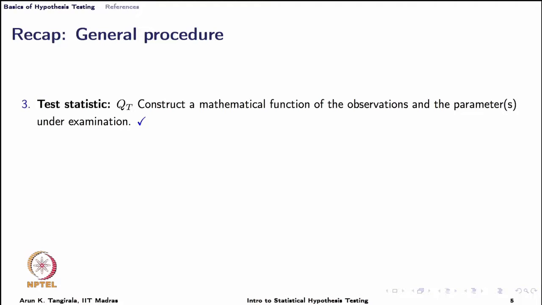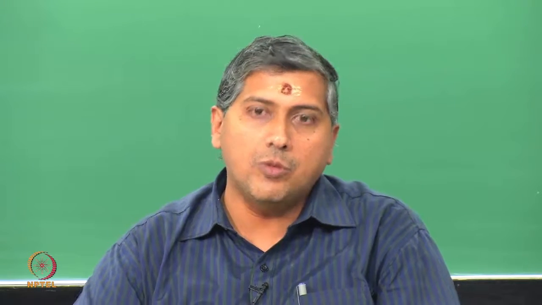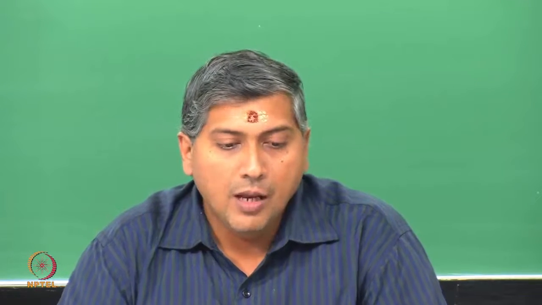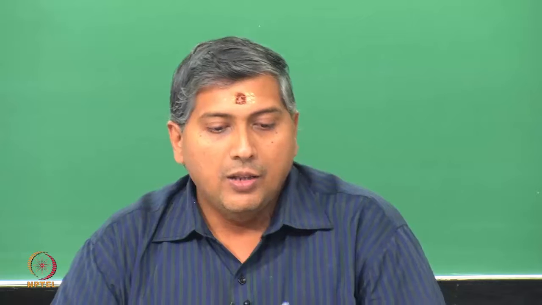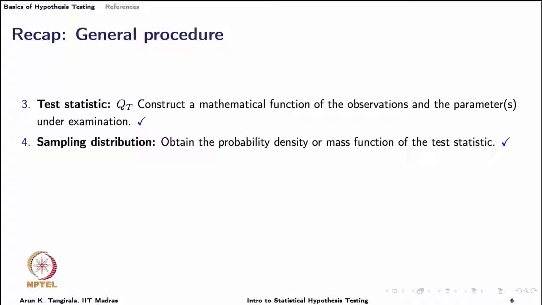In hypothesis testing, as we have learnt in the previous lecture, this test statistic is nothing but a mathematical function of the observations. It involves the estimate, and we have also talked about how to choose the estimate that goes into the test statistic. It should satisfy the conditions of unbiasedness, efficiency and consistency. Sometimes robustness may be required depending on whether the data has outliers or not. And then once you have constructed the test statistic, you obviously need the knowledge of sampling distribution to compute the acceptable and the critical regions.